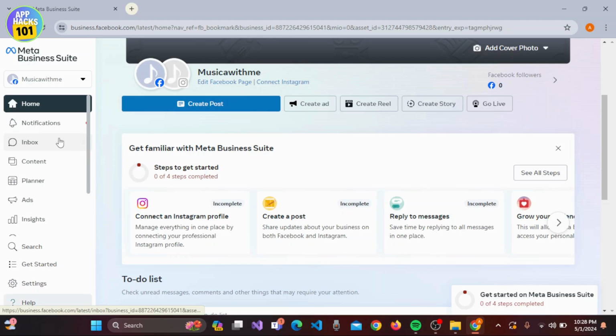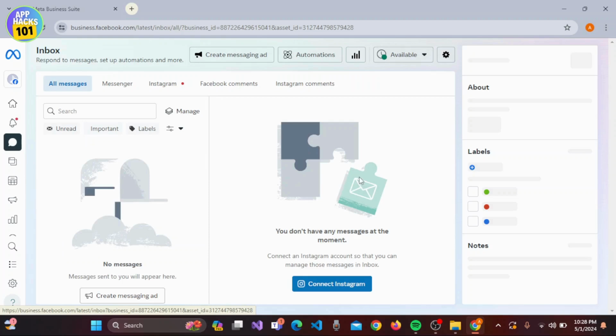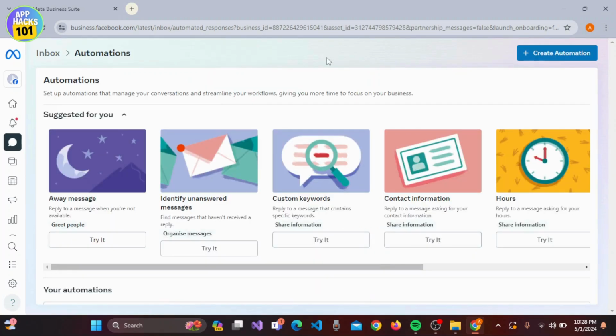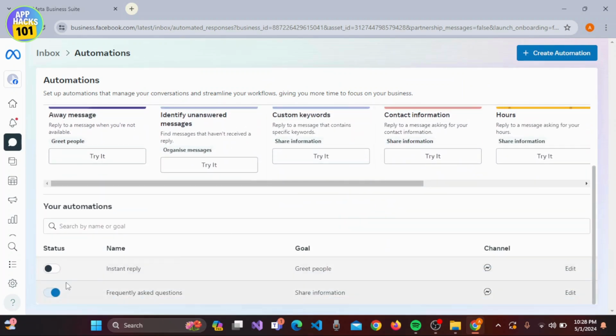Now again on the left of the screen, click on Inbox. Now you have to click on Automations at the top of the screen. Scroll down. Here you can see the option of Instant Reply. Click on Edit button